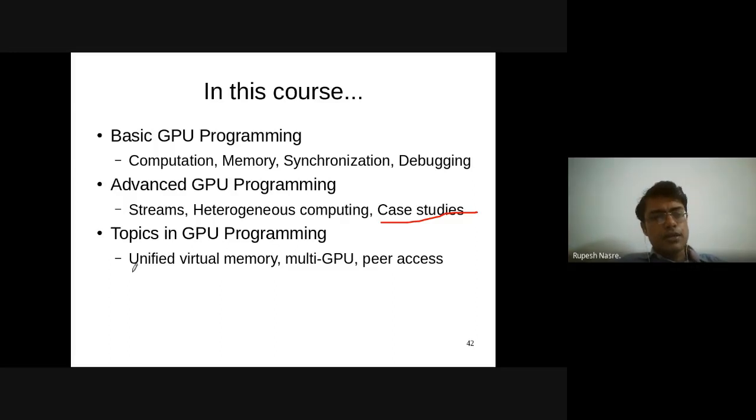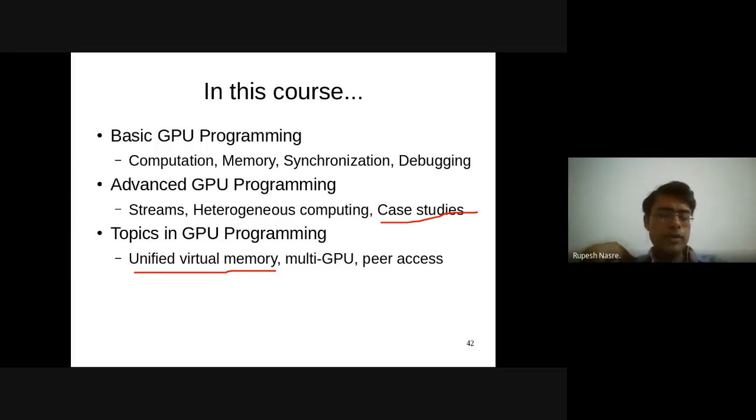We also did cover some part of unified virtual memory, but primarily we looked at host alloc memory. Right? So that was something which was useful when we are dealing with CPU GPU computation. Then multi-GPUs and peer access we looked at briefly. And in case some of you get interested in doing your work with multi-GPU processing, either in your course project or later, feel free to make use of these concepts. If you have any questions, feel free to ask me, even if it is not related to the course. Even after the course is over, feel free to write to me if you have any questions.